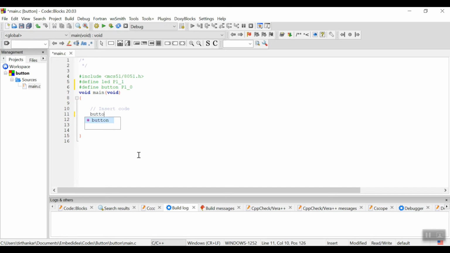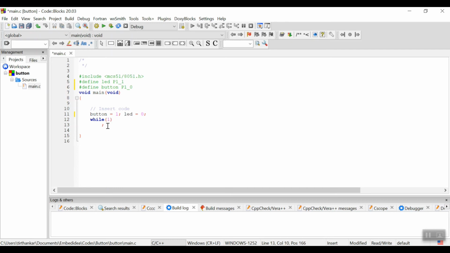So what I'll do is I'll write button equal to 1 and LED, that is output, that will be initialized as 0. That signifies that LED is configured as output and button is configured as input. Now button means P1.0, so that is input, and LED means P1.1, that is output.